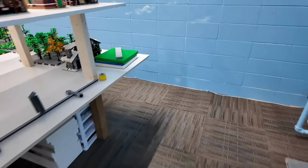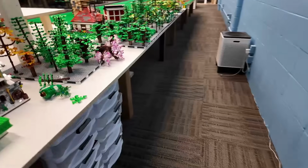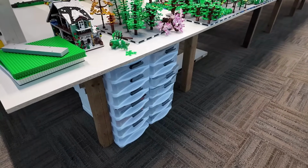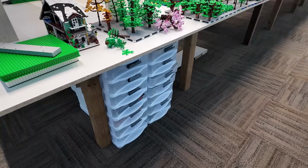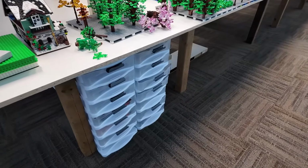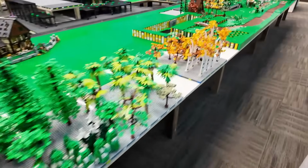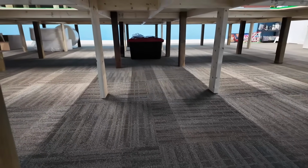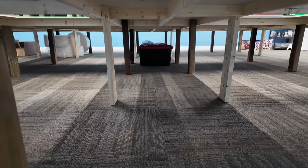And then I moved some containers down here. For now, I just put them there. I packed all the rest into my car because I'll use them in my garage, but I don't know if I need that many drawer units in my garage. So for now, they're just gonna go there. And then I also put some of the unsorted bins that looked god-awful underneath the table there with those bagged